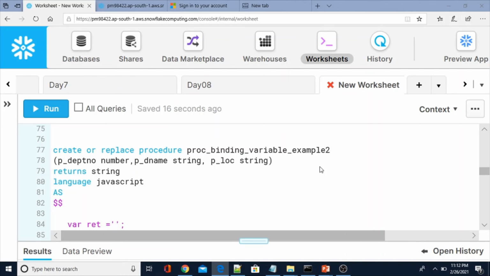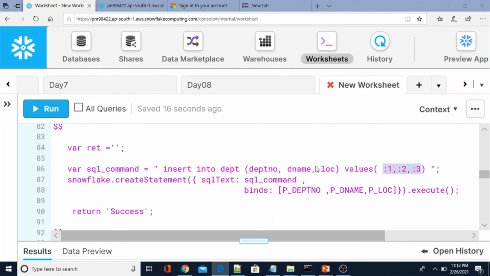To avoid that confusion, you can use the digits, so that by seeing the number you can know how many bind variables are used in your SQL statement. Here I am using 3 bind variables. So this is the insert statement.